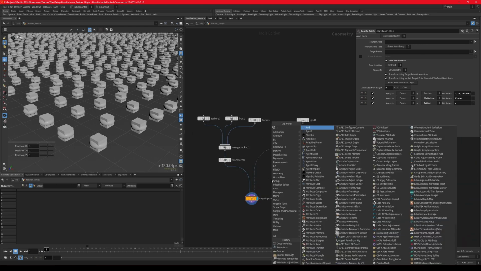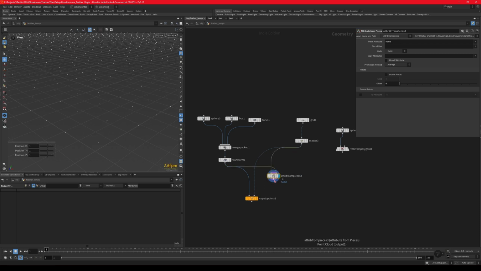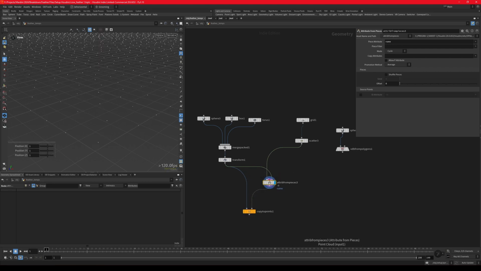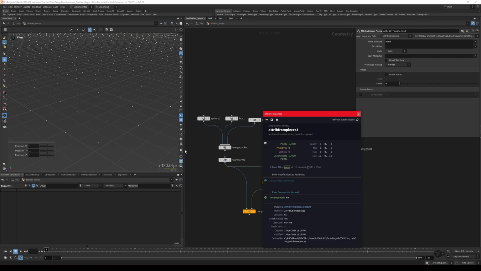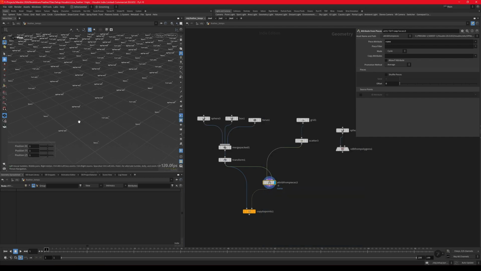So you have to use an attribute from pieces. In here you have to input the point cloud and the geometry library. And the output is the points again, so you have the points here. The attribute from pieces actually uses the name attributes from the library and scatter them or copy them to the points. So if we have a look here, the name, enable the visualizer here, each point has a name attribute now